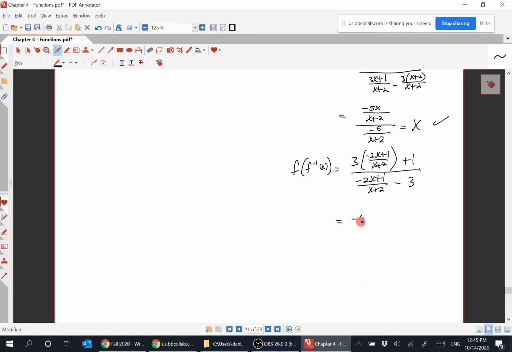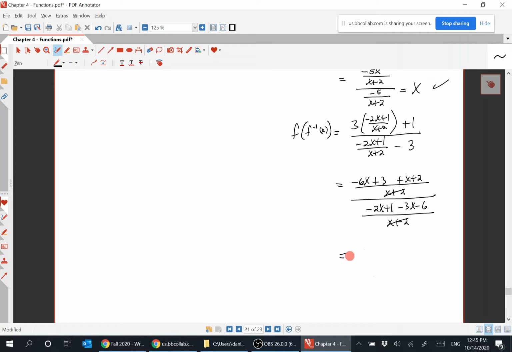So this is equal to minus 6x plus 3 plus x plus 2 over x plus 2, over minus 2x plus 1 minus 3x minus 6 over x plus 2. So those cancel, and we're left with minus 6x plus x